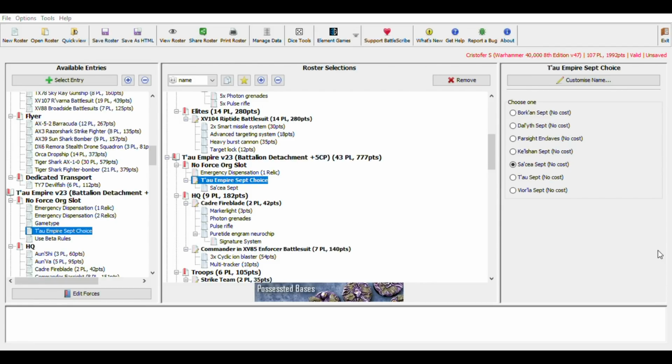So broadsides with smart missile systems, drone controller, heavy rail rifle. I guess the heavy rail rifle benefits quite a bit by being able to reroll, because one of the big weaknesses is the low shot count, so that does help. But overall, I think they are not going to pull their weight quite as much as you want, especially with the inclusion of the missile drones. Missile drones are not necessarily really going to do what you want them to do,